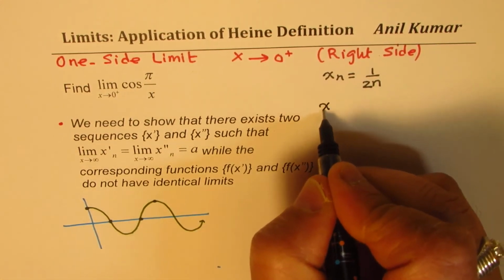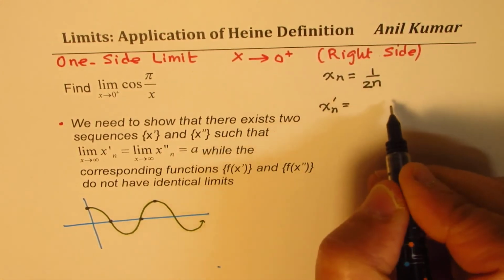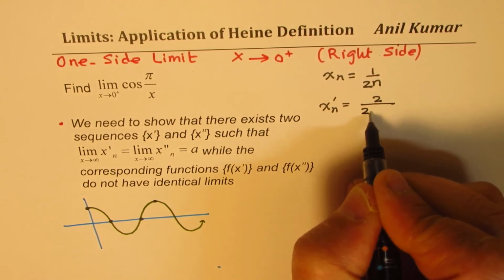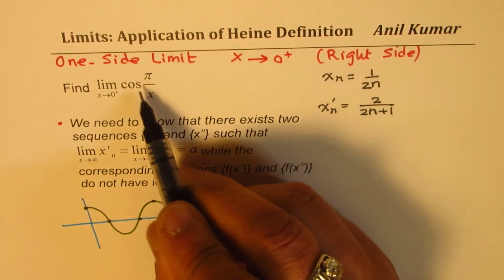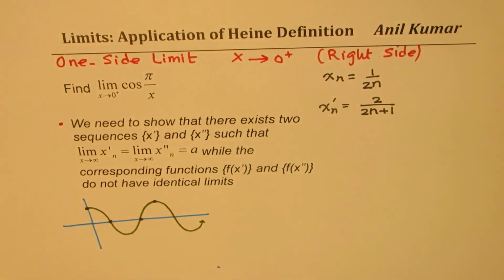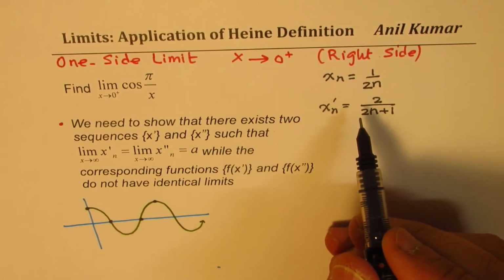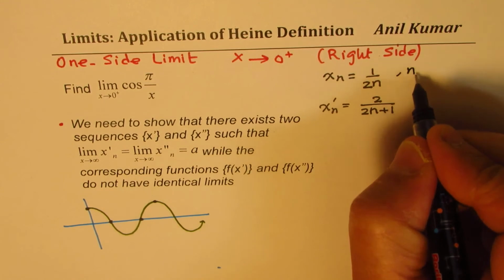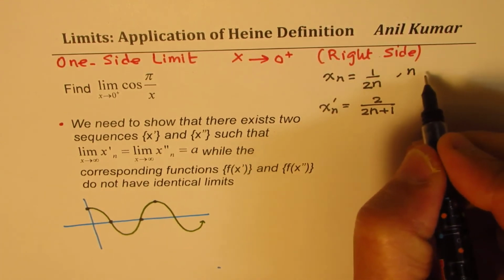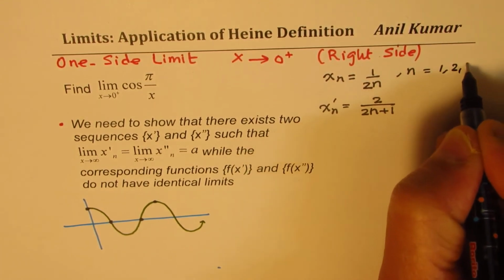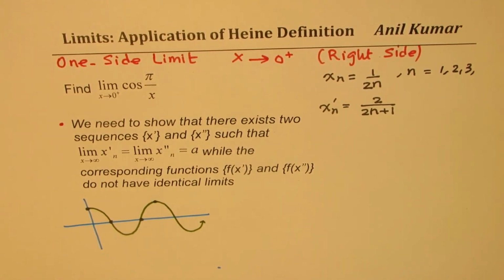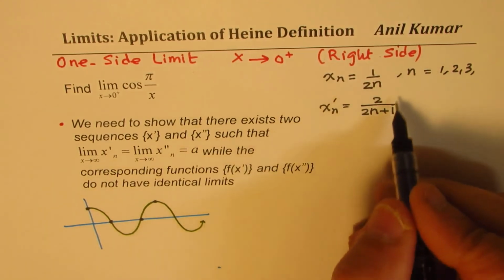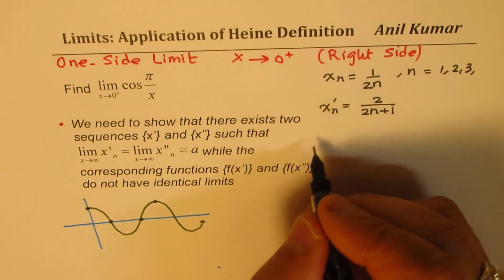And the other function which I'm using is x_n dash, which I'm taking as 2 over 2n plus 1, because when I flip it, I get 2n plus 1 times pi by 2. So these are the two functions which I'm selecting, where the value of n is in the set of natural numbers. It cannot be 0 since it is in the denominator. Correct? Now, for these functions, what we know is that the limit